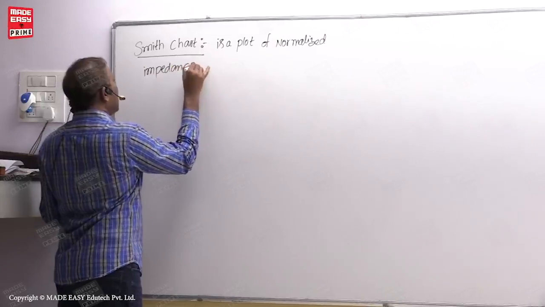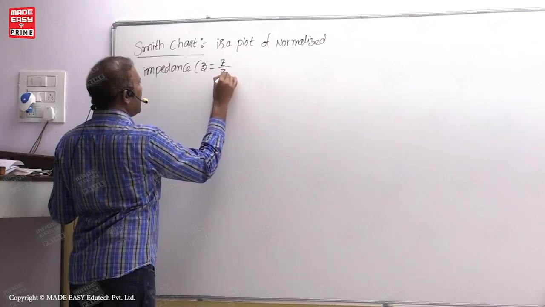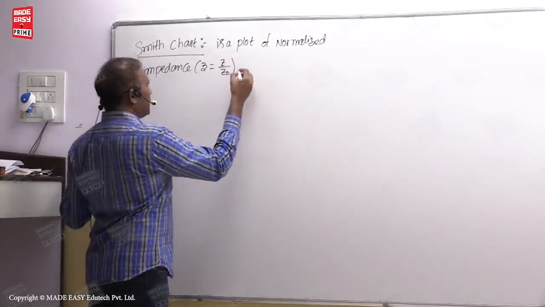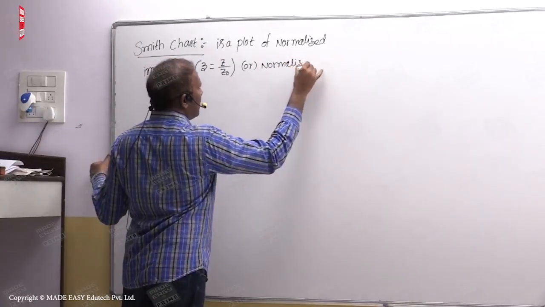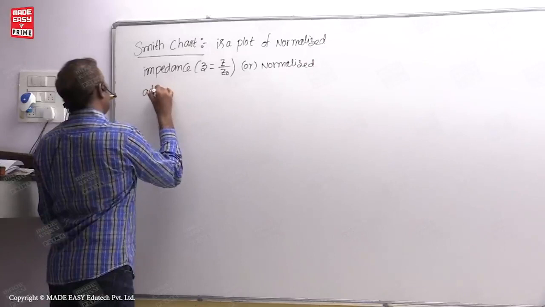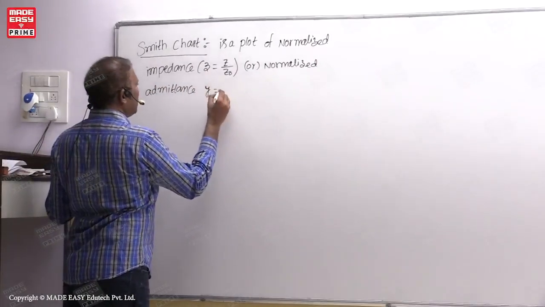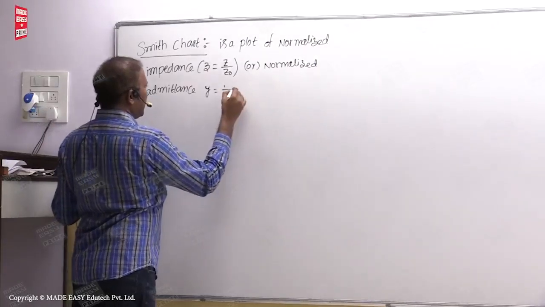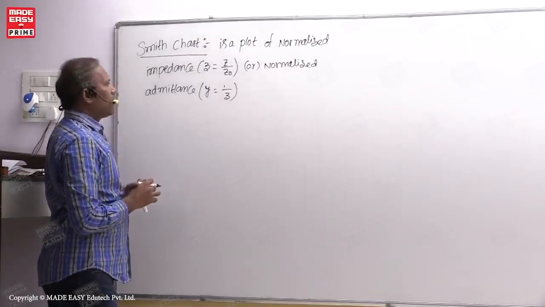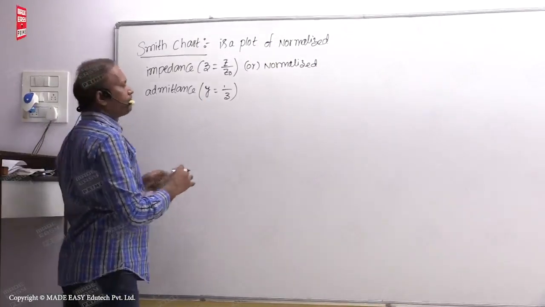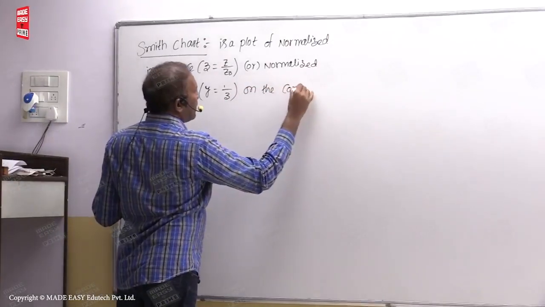impedance. You will understand normalized impedance means small z. That is nothing but capital Z by Z naught. Normalized impedance or otherwise normalized admittance, that is nothing but small y, that is 1 by small z actually. That is reciprocal of that one. So Smith chart is a plot of normalized impedance or otherwise normalized admittance on the complex